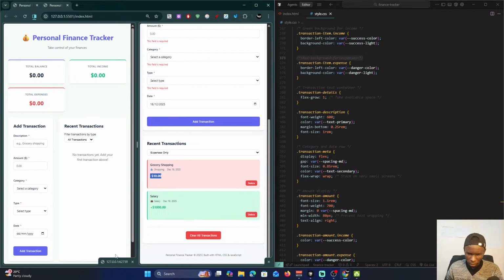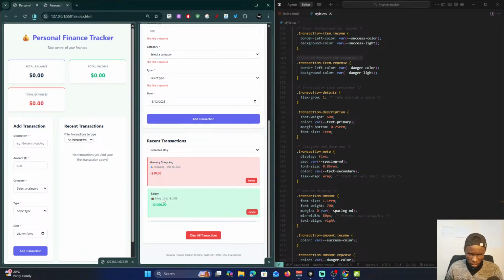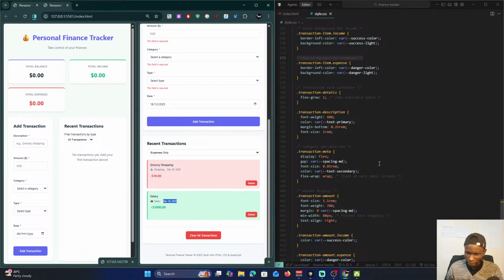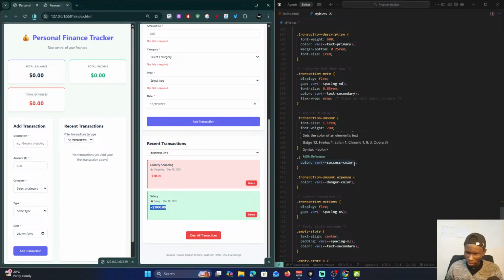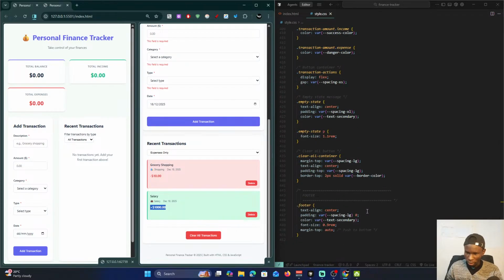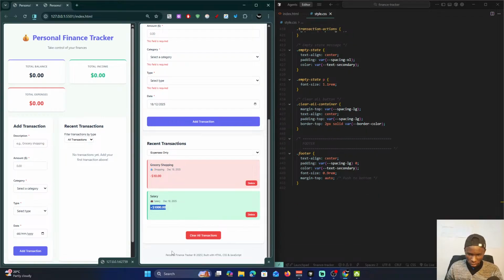Category date now. So this is the date that we are also applying that. Amount display. So the amount that we're displaying. Transaction amount income, transaction amount expense, danger color, and all that. Then we have the footer, this one. Okay, so I think